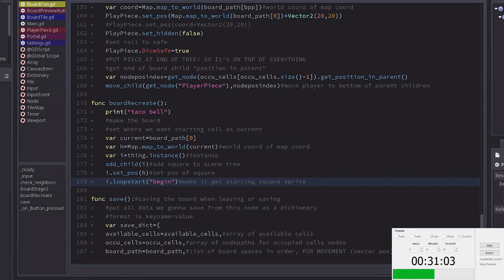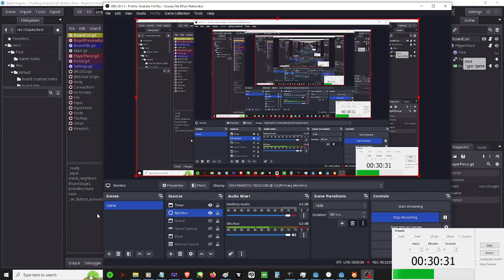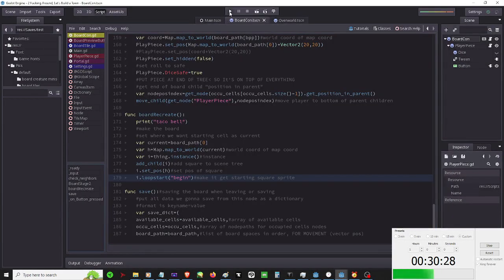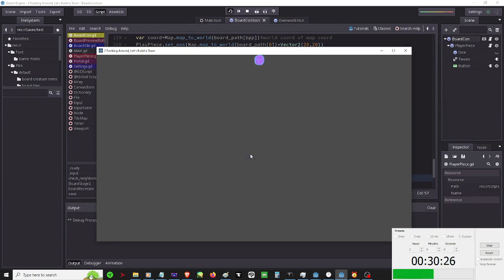That's something else. So board path, the first, oops, I'll have it on monitor. Well, the JSON file says board path, the first one is 19.0. So it should start around the left side near the bottom. So new game